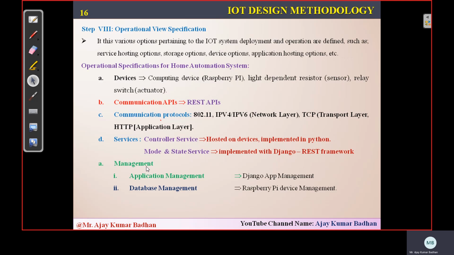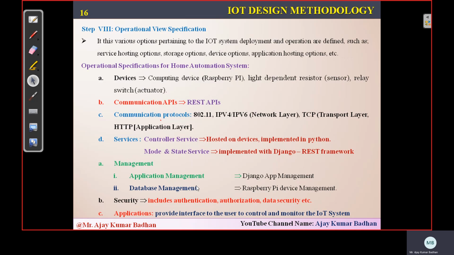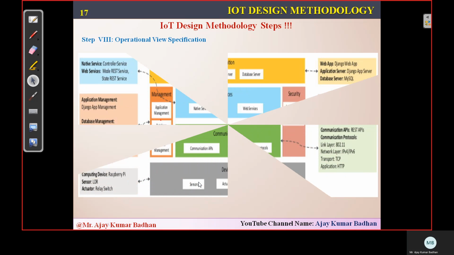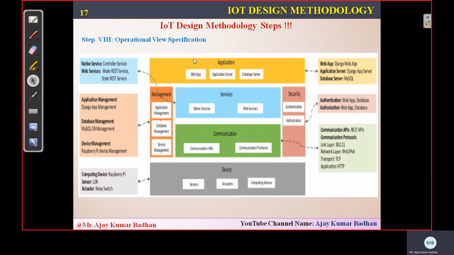So we need to write code for the smartphone application. Here for the application, we use a Django application as I told you. Coming to the database, we are going to use Raspberry Pi. We have other devices like Arduino, so based upon the requirement we can use them. In this scenario, we are going to use Raspberry Pi as database management. So whatever data is read will be stored in the Raspberry Pi. Security and applications are common to your previous one.